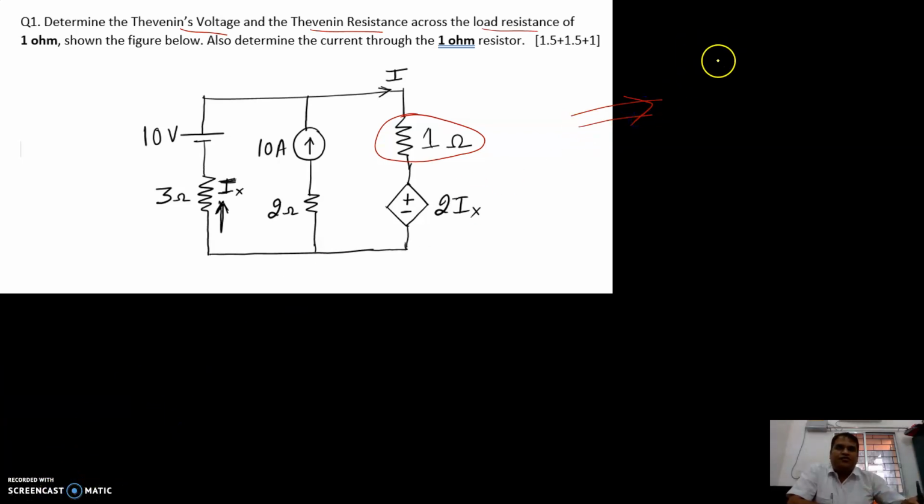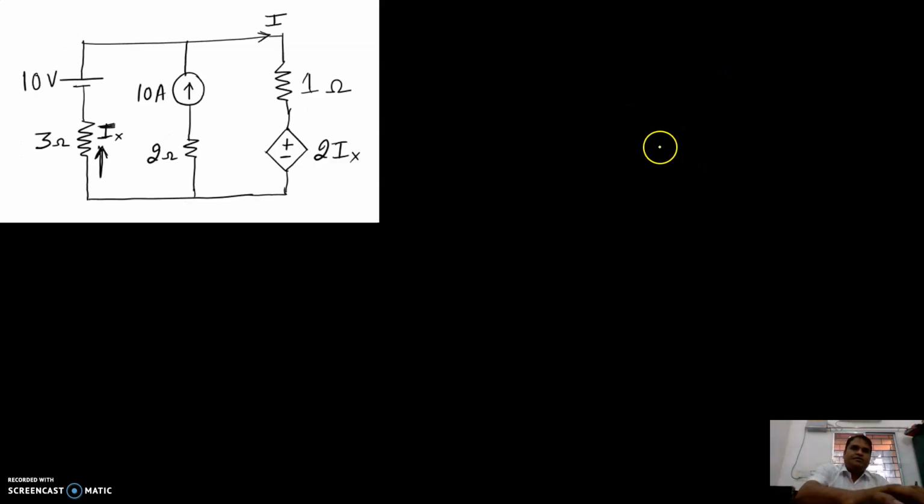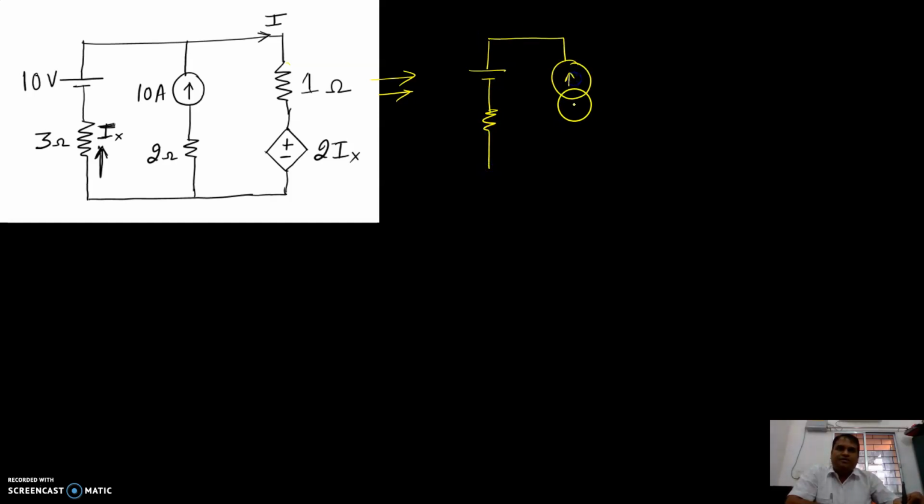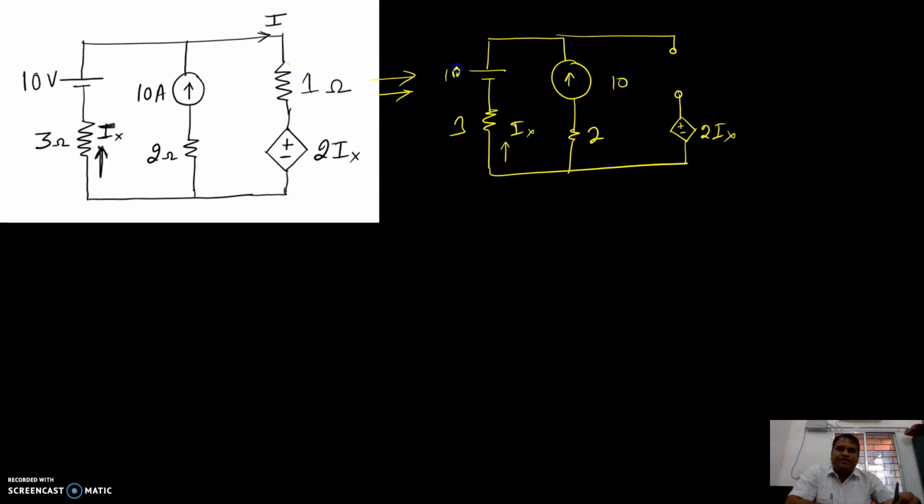resistance, obviously you will draw the entire circuit once again, without the load. So in that way you can draw the entire circuit, and now here you will take this as a load, and that load is connected with the dependent source 2Ix. This is Ix over here, and this is 3, 2, 10 and 12, 10 here. So this is what the circuit looks like.